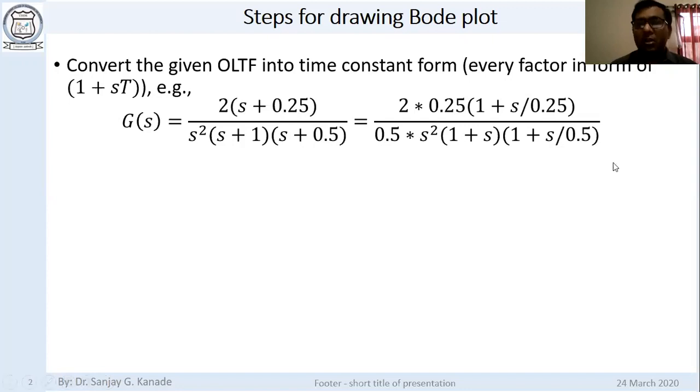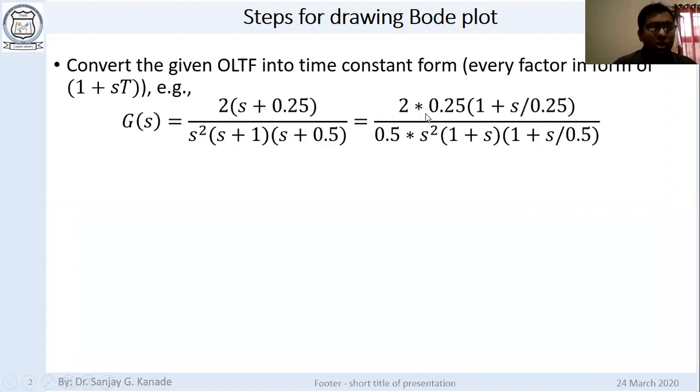Now this is a very important step, because once you take out all these commons, whatever remains is the resultant. Here in this case, 2 into 0.25 in the numerator and 0.5 in the denominator will cancel each other, and the actual thing that remains here will be only 1. That will be your actual gain K in this equation. So this is an important step, not an optional step. It gives you the calculation of the gain K.